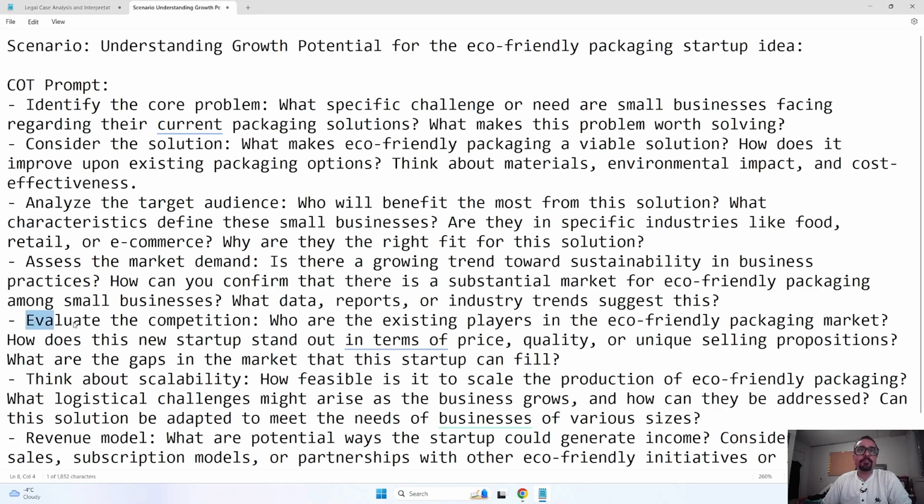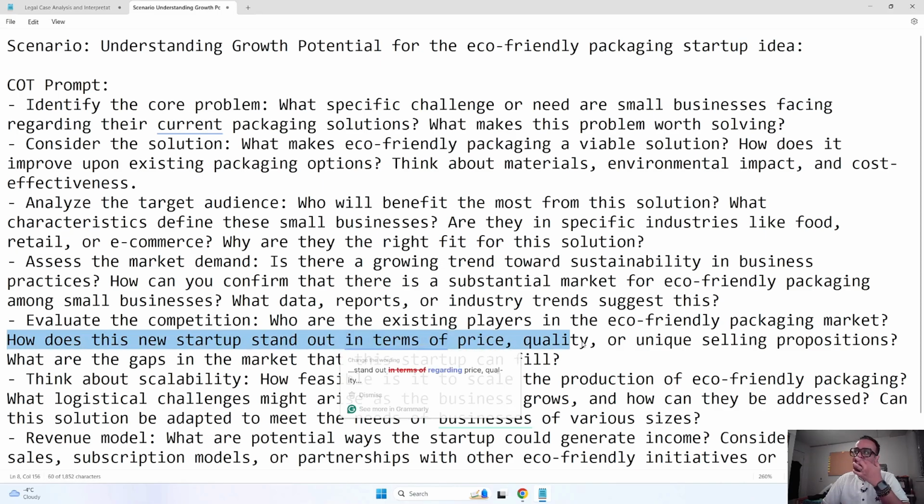Third, oh sorry, then it is going to be fifth, evaluate the competition. Who are the existing players in the eco-friendly market? So now we are understanding what the competition companies are. If we are going to go inside this, how does this new startup stand out in terms of price, quality,